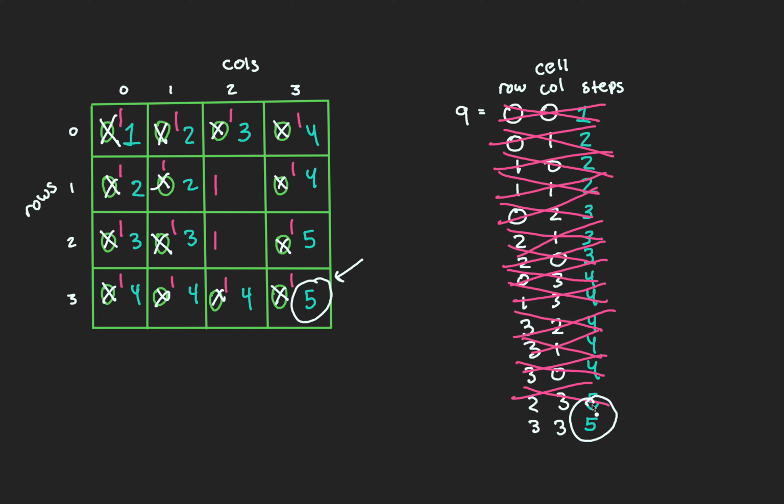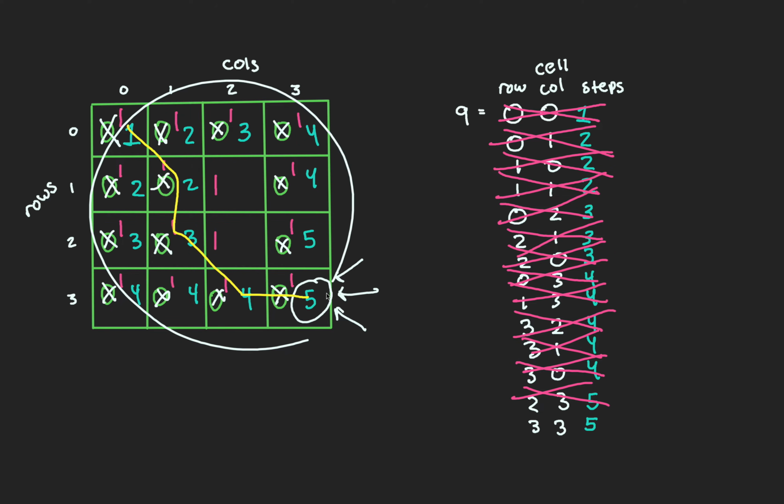Remember, we can access this variable in our queue. But yes, this is our answer. This is what we return. And if you're curious what the shortest path we took was, it's this one right here. We really destroyed this example. It's the most unreadable thing I've ever seen in my life, but I'm about to add even more fluff to